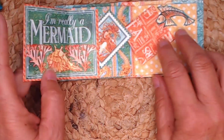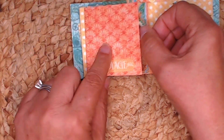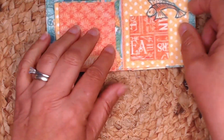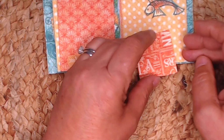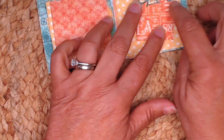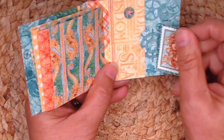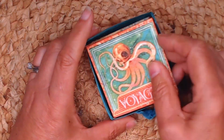And then I had a piece. I used up all the rest of my scraps. I had this. I just folded a little bit, added a sticker here, made a little tuck spot there, and fussy cut one of those fish, made a little tuck spot there. Just had a little scrap of paper left at that point in time, and I tucked that into the fish. There's the back page, and then here I just made a pocket, and I had another one of those stamps and put it there. So that is what I made